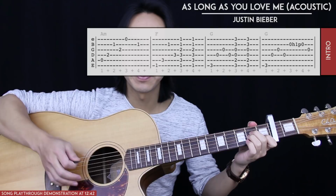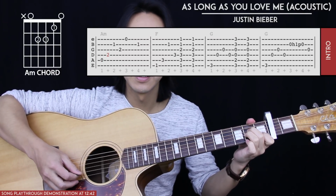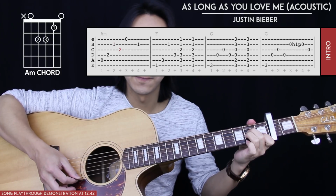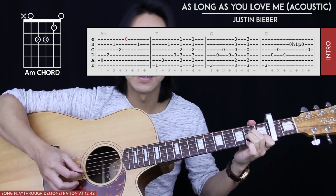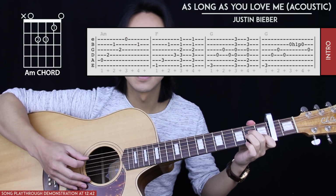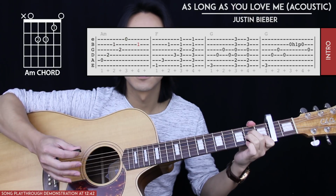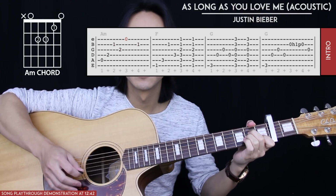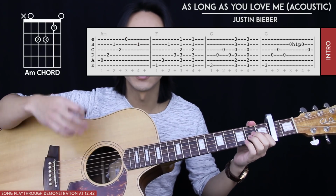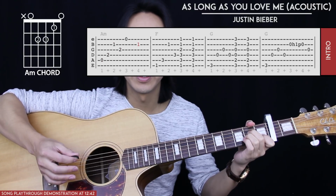And this is all going to be picked. We're going to start by plucking the 5th string, the 4th string, then the 2nd string, then the 3rd string, then 1st string, and then the 2nd string. And that all together will sound like this. Now the last 2 notes will be held out a little bit longer than the rest of them. So with the timing count, 1 and 2 and 3 and 4 and...